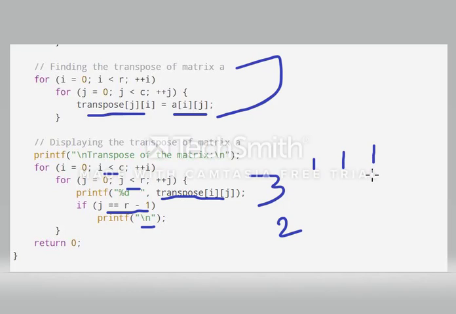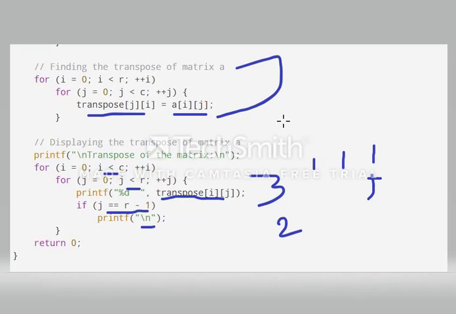When j reaches 2, it goes to the next line. You are printing like a matrix, first, second, third rows like that, because you are giving slash n, which means a new line after j is equal to r minus 1. So in that formation you are printing the output of the matrix.